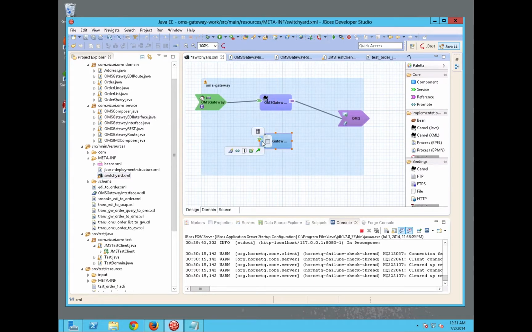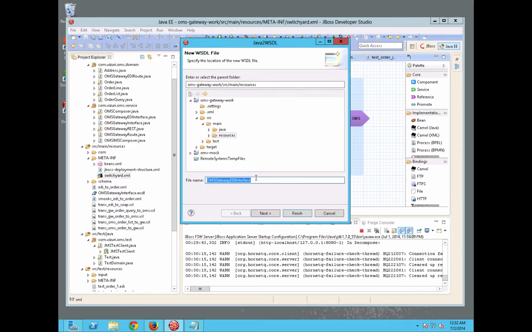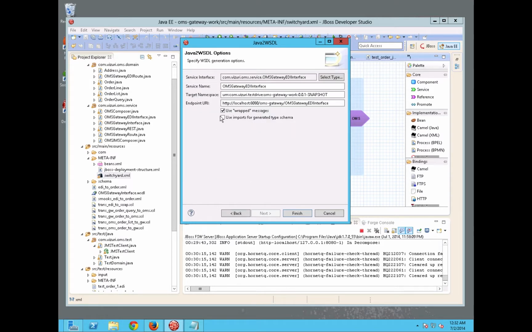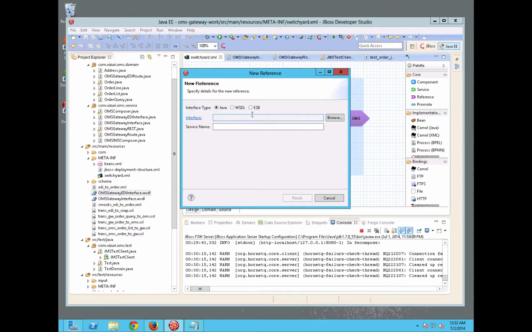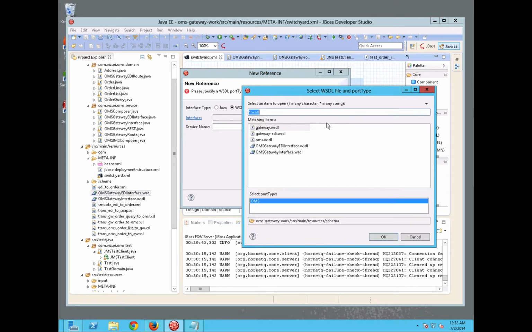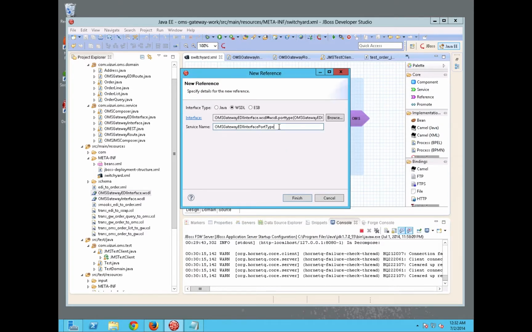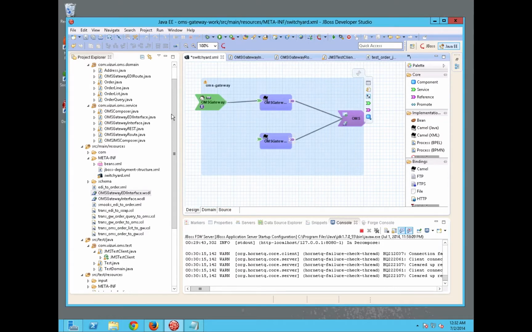So now that we have our interface, we're going to generate a WSDL just like we did with our prior route. And again, we're going to unwrap the messages and save. So we need to add a component reference to our OMS service through our EDI gateway. And we're going to use that WSDL that we just created. And we're going to bind it to OMS. So once we save our project,